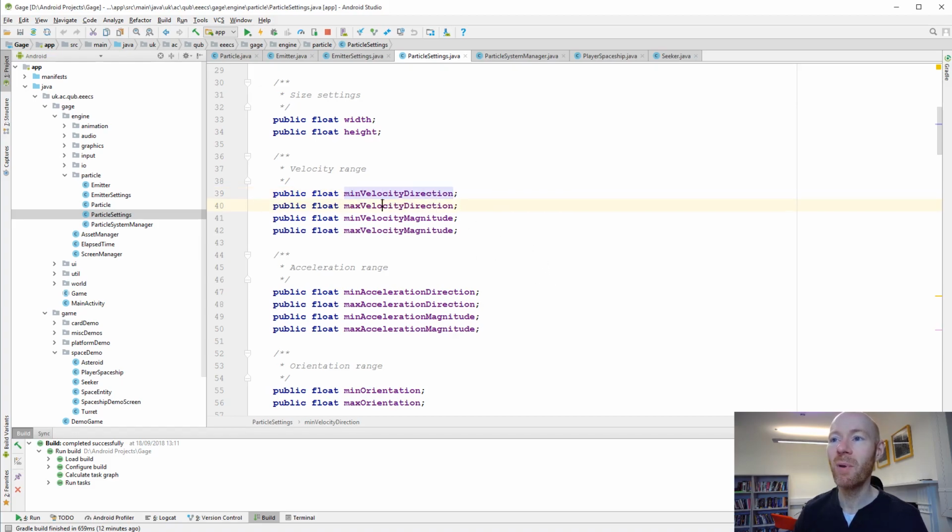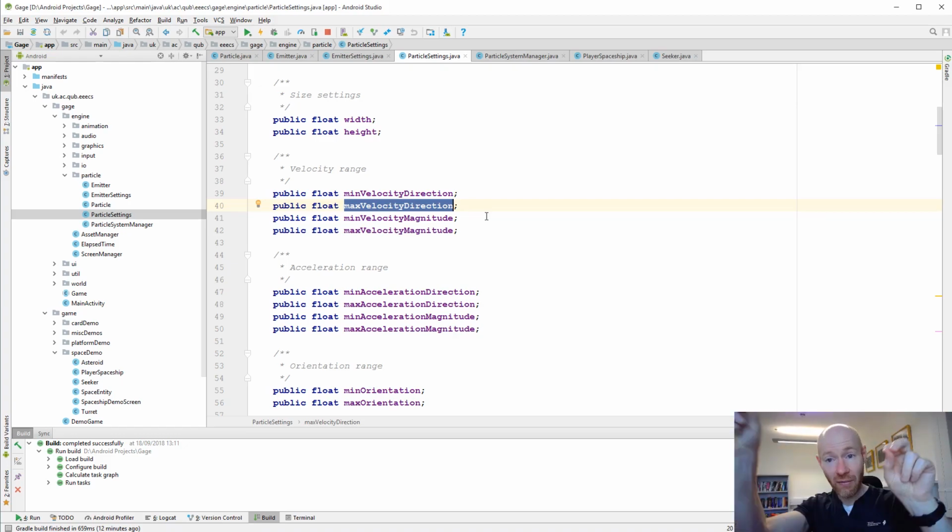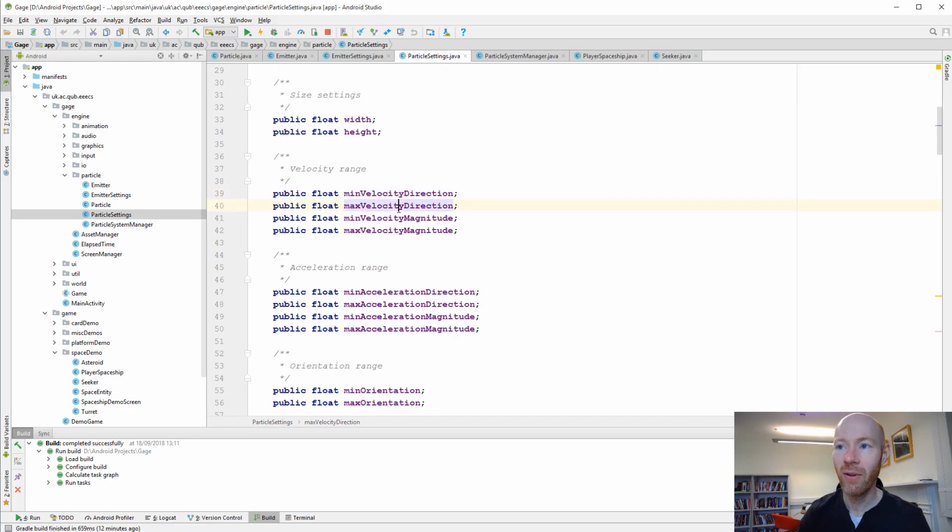say whatever the minimum and maximum velocity direction is. So you imagine this in terms of 0 to 360 degrees. If I had 0 to 360, it means these things can shoot out, have an initial velocity in any direction. If I said from 0 to 90 degrees, then all of my initial velocities will be in a certain direction of travel. That's useful because sometimes I want particles to go out in all directions. Sometimes I want particles to shoot up in a certain direction. So by specifying my direction vectors here, I can control